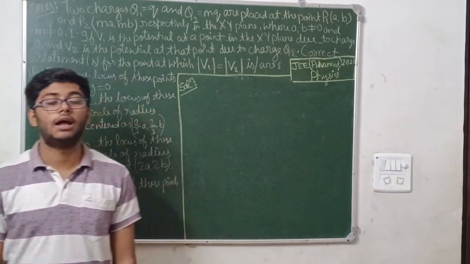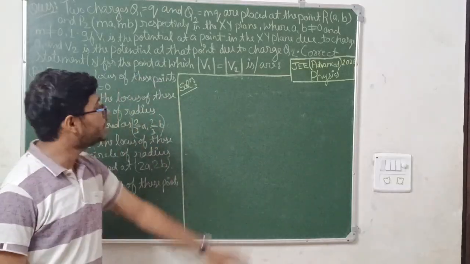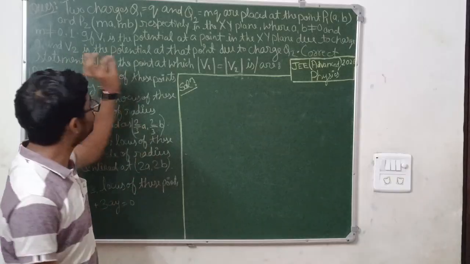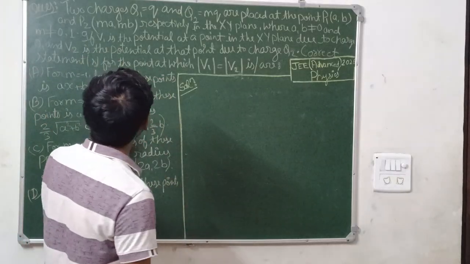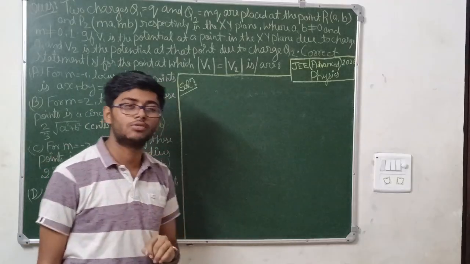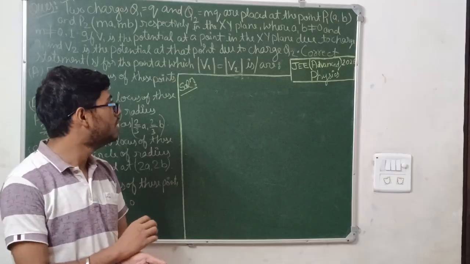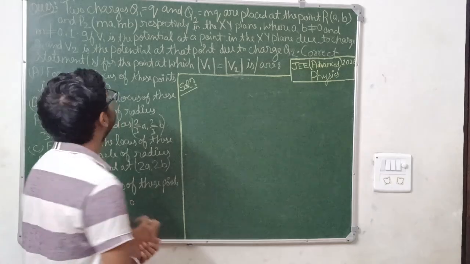Welcome back, guys, and let us move on to the next question for the same JEE Advanced 2026 Paper 2 Physics section. This question is from the topic electrostatics. The question is quite simple, but you have to do a linear calculation and apply some concepts of conics mathematics here. This question is 40% physics and 60% mathematics, you can say.